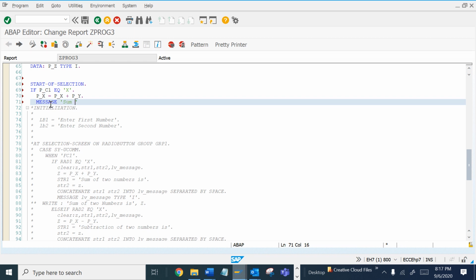Sum of two numbers is. I want to show it as write. Okay, let me put it as write first. Sum of two numbers is P_Z.